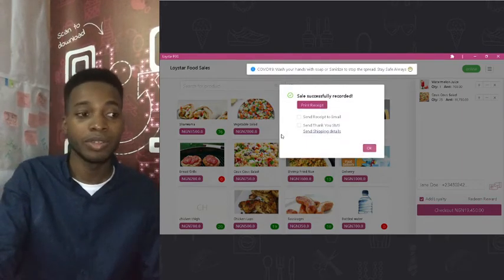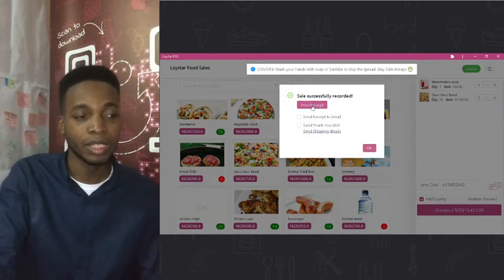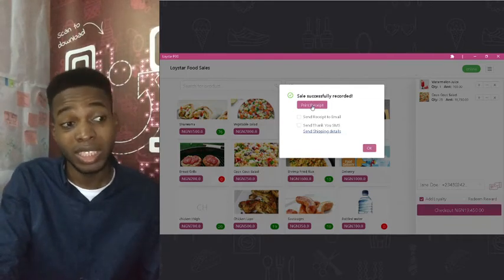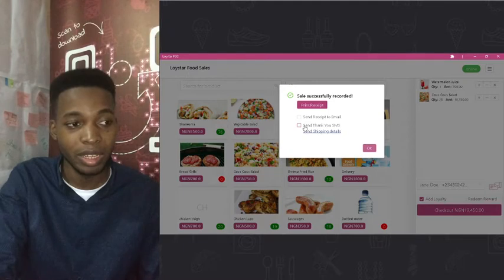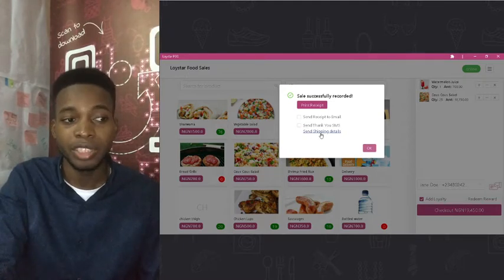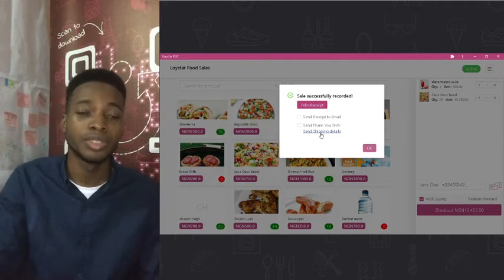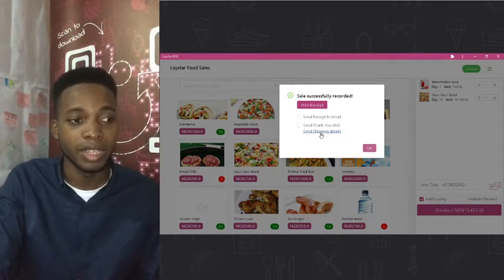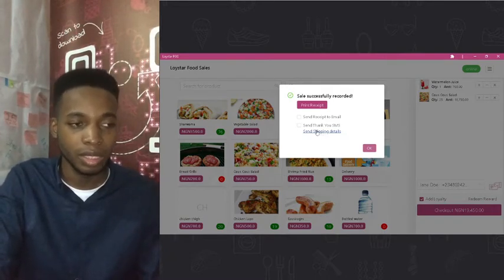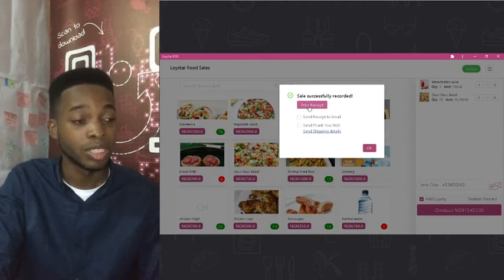In a few seconds it goes, and you can print your receipt. You can choose to send it via email. You can send a thank you note to a customer to appreciate them, and you can also print a shipping detail if for some reason you just want to deliver the goods to someone else. You can do a shipping note that you can hand over to your dispatch to guide them. You have the address of your customer and the contact and all those things. So I'm going to click on print receipt now,